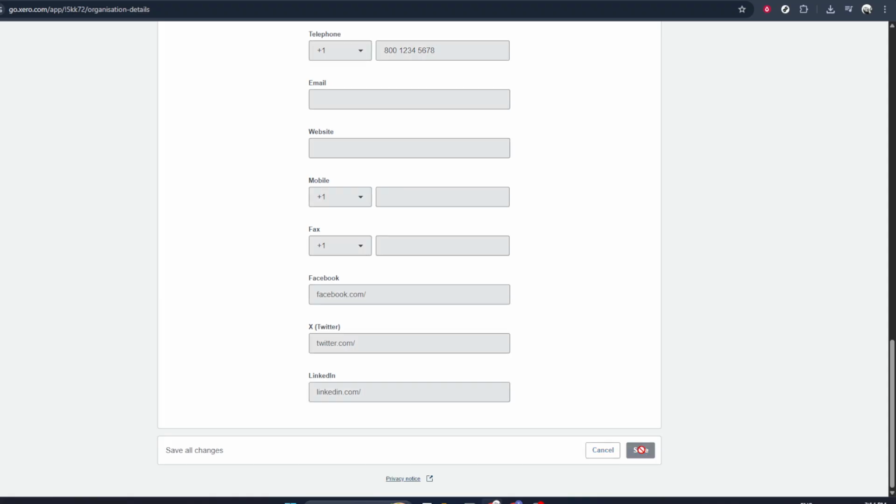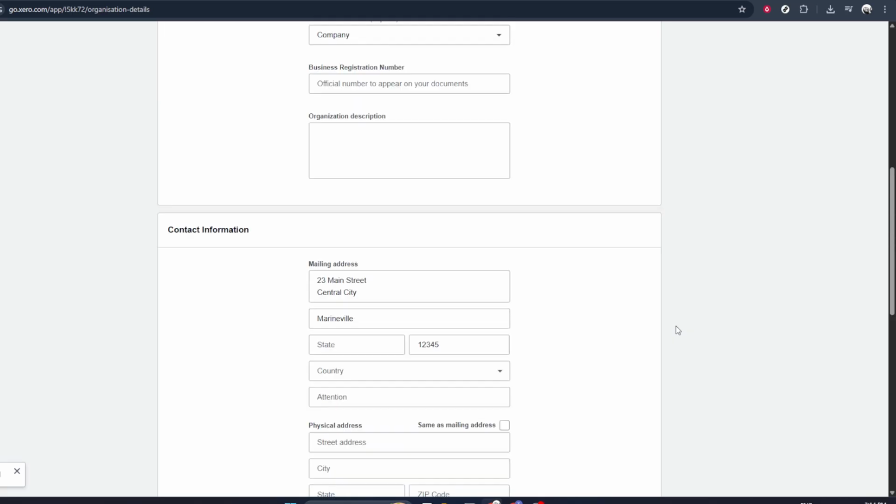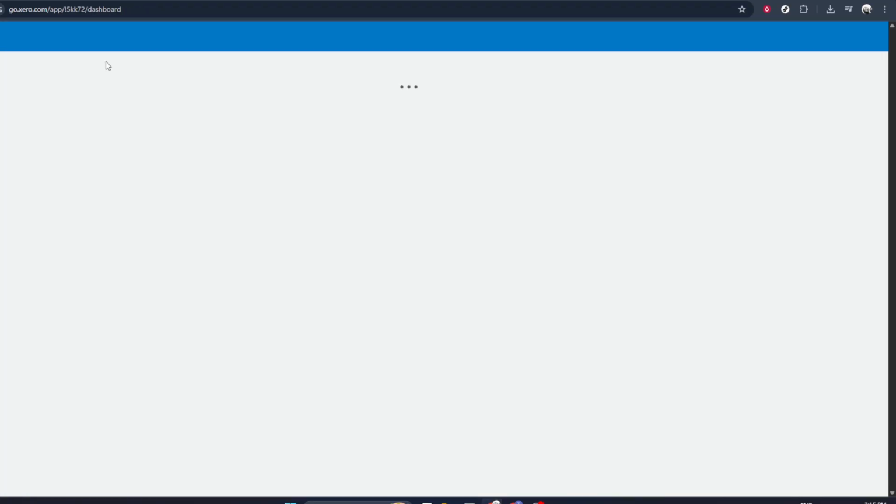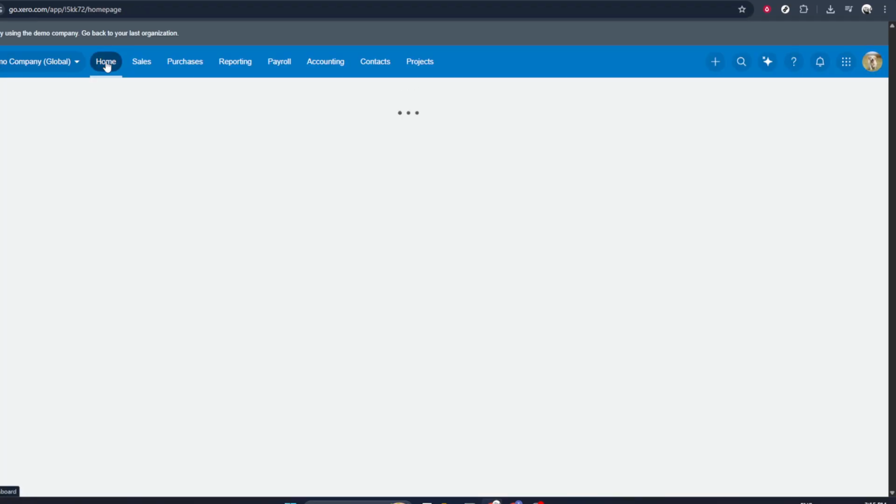Once you're happy that everything is accurate and complete, scroll down to the bottom of the page and click on the Save button. This step is essential. If you navigate away without saving, your changes won't be applied. After saving, your updated contact details will now be used across Xero